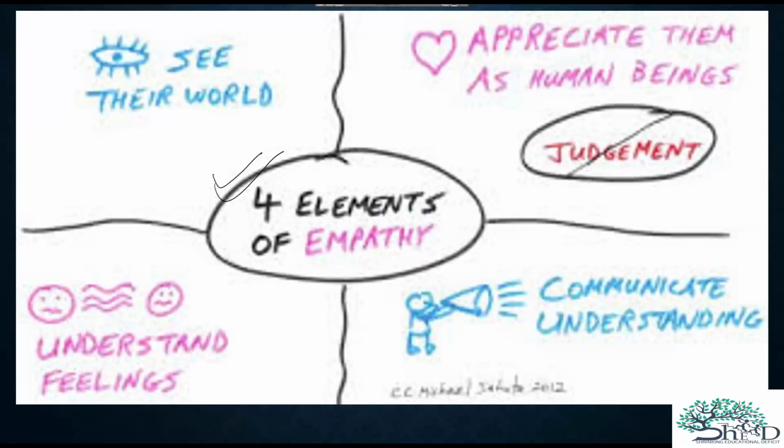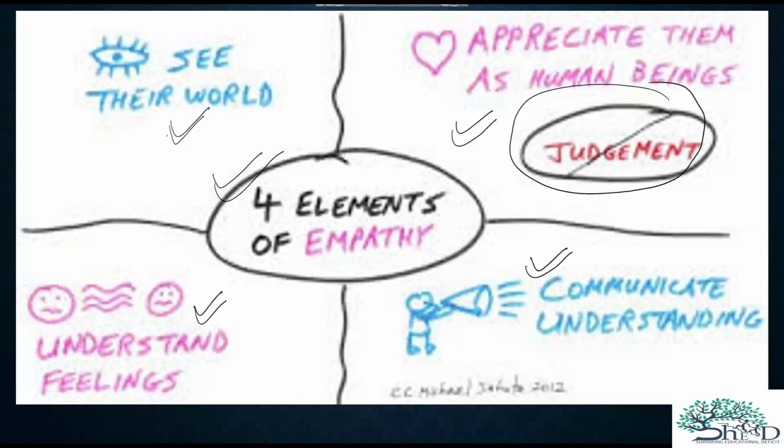There are four elements of empathy. You understand and see their world. First of all, you understand their feelings. You appreciate them as human beings, that is, you do not judge them. If they are suffering, you don't go and tell them, oh, you are not talented, you will obviously suffer, or why are you crying so much. You don't do that. And then you communicate your understanding, that yes, I understand what you are going through,